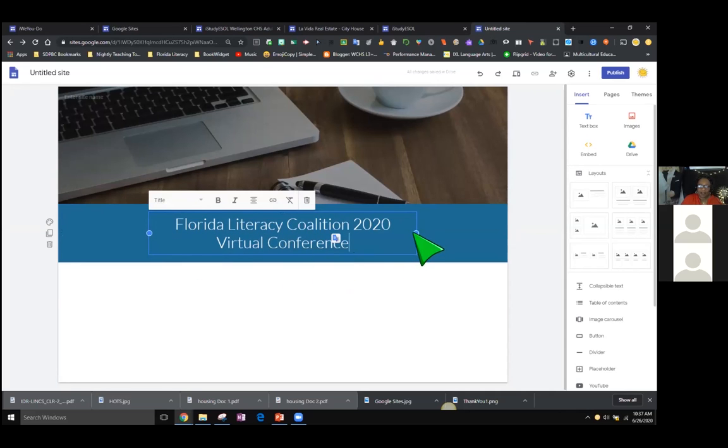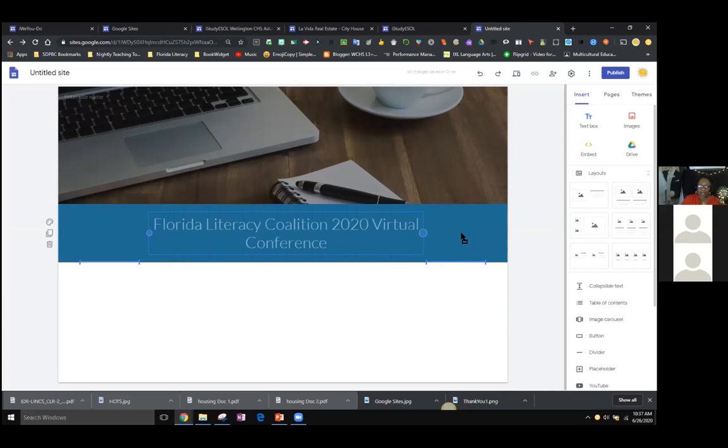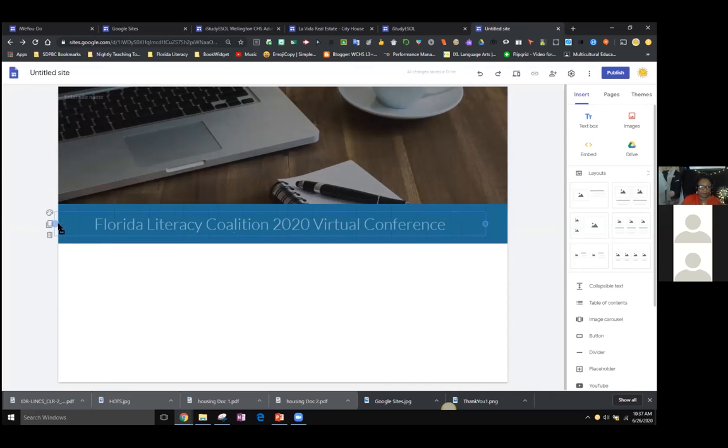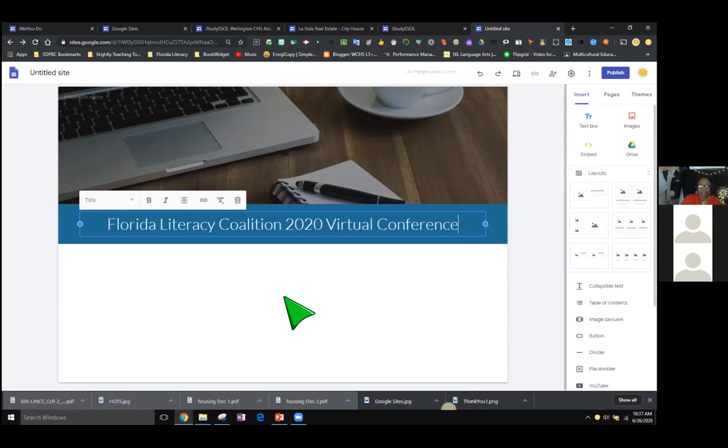These dots on the edge of the text box give you the opportunity to size the text box. In addition, there is a toolbar that comes up above your text box and it gives you further options.